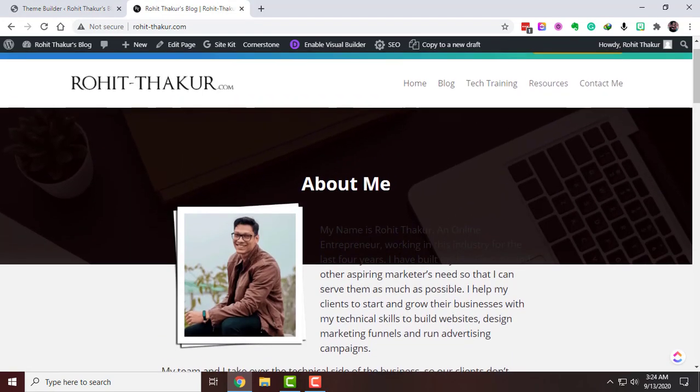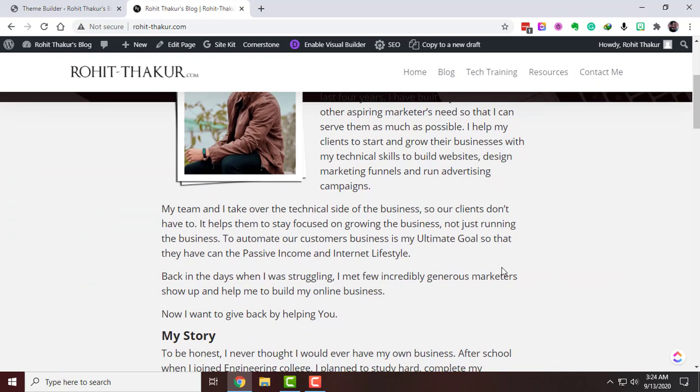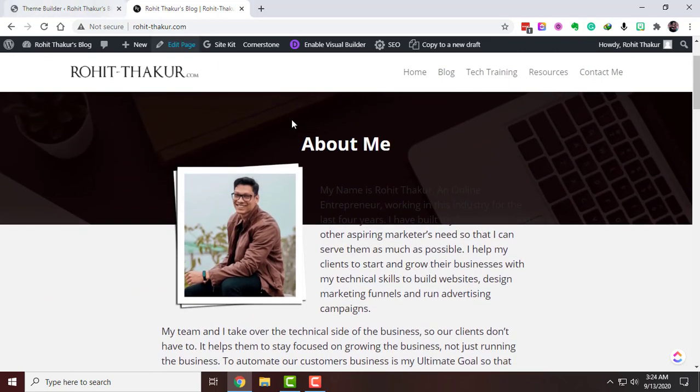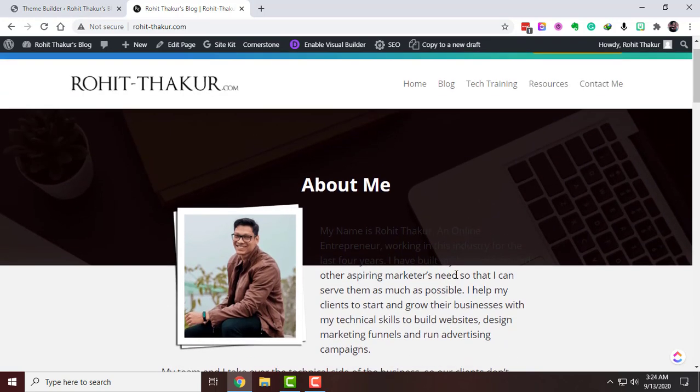As you can see, there is still formatting needed. Why is it happening? Because we have just created a section, but we have not done any formatting. So make sure that whenever you delete any area or any module or any row or column, its settings and its style that you have done will also go with it. So remember that whenever you create any new module or bring in anything new, you have to make settings for that also. So we'll go ahead and do that as well, and make some changes.